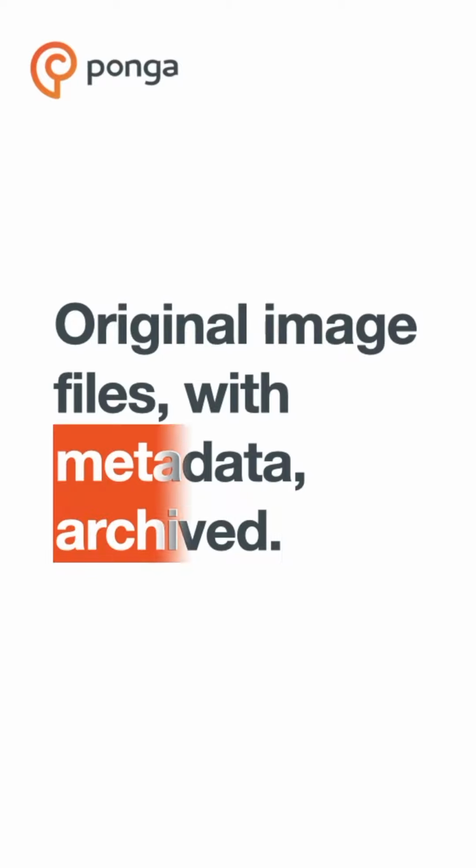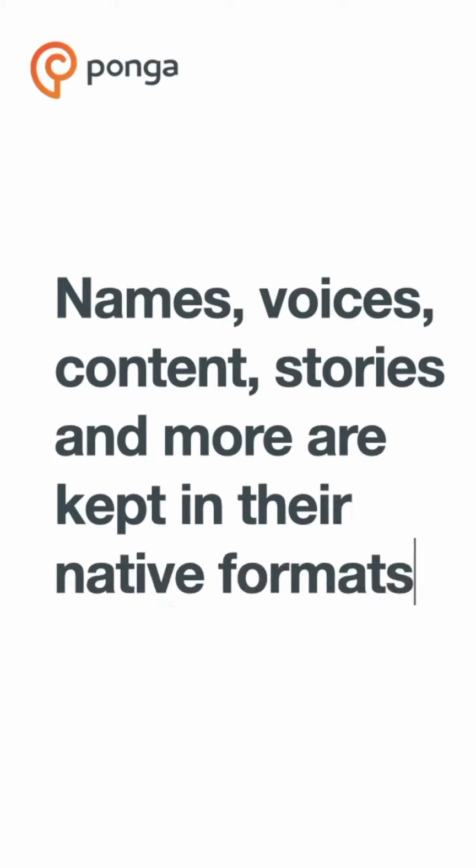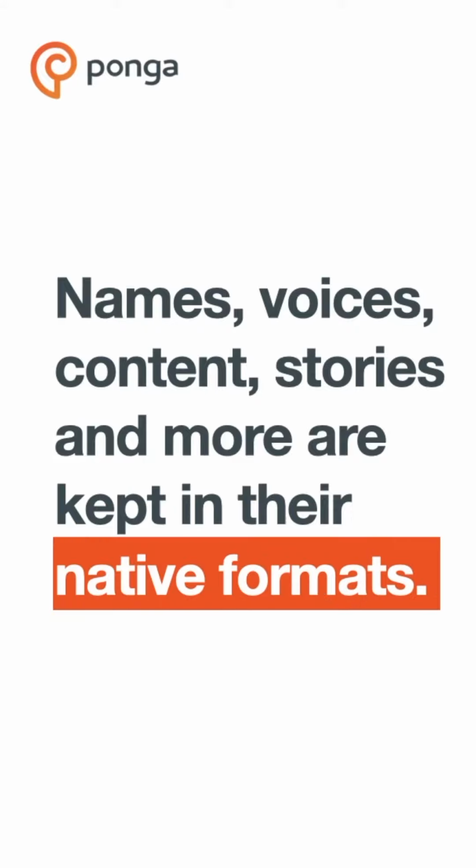And then everything that you're doing in Ponga in terms of adding sound and text and names of people is all maintained in cross-reference by pixel ranges on the image in native formats, in the text, MP3, JPEG, PNG, all those kinds of things. We don't mush the two together because when you do that, you risk proprietary formats. We don't do that. Keep the original the way it is, add all this content in its own cross-referenced, but still native formats.